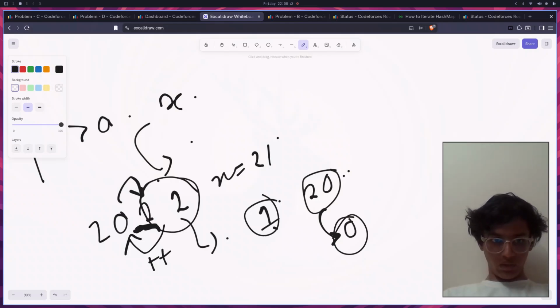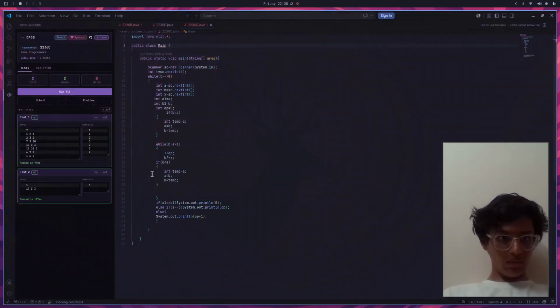So in 20, 22 and 21 the answer should be 2. But according to my one, so 1, 20, 22, 21, the answer should be 2, but I will get 3 according to my